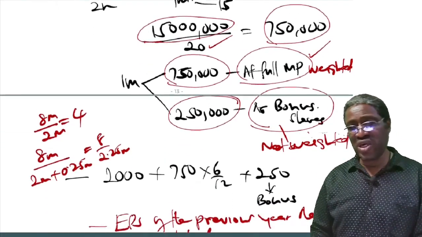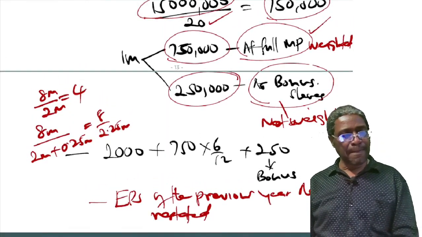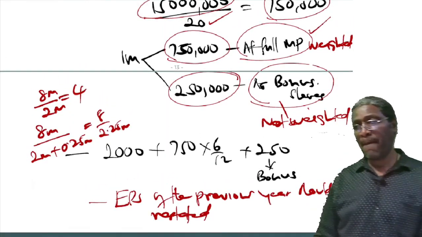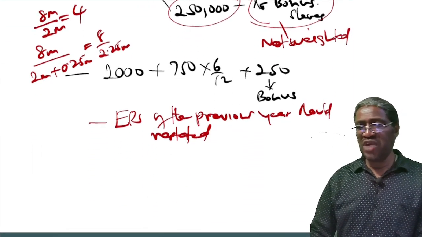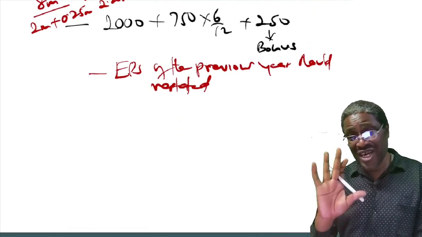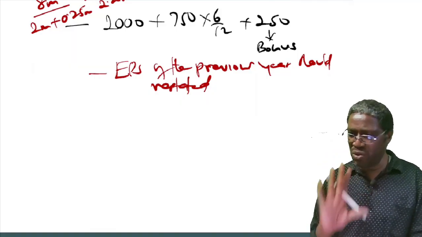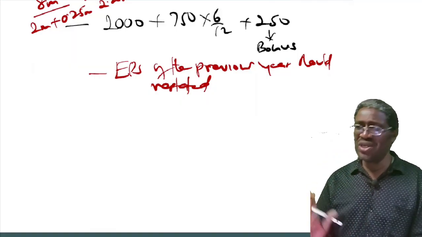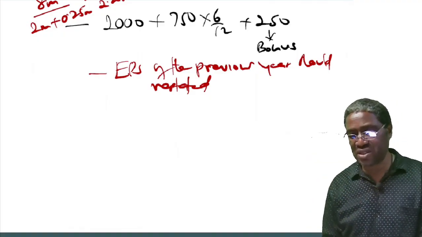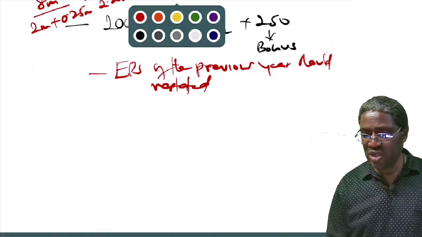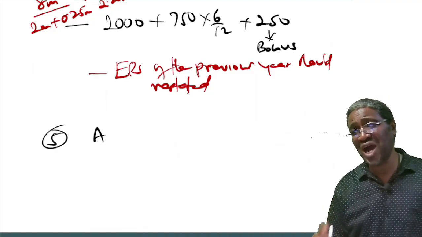Good. If you're okay, we can now proceed to number 5. We are through with number 4, which is the stock option. Let's now move on to number 5. Don't forget we are reviewing the topic first before we do a question. So that once I do the past paper questions, the 2 questions I want us to do, it becomes faster. Now, number 5, when shares are issued as a result of